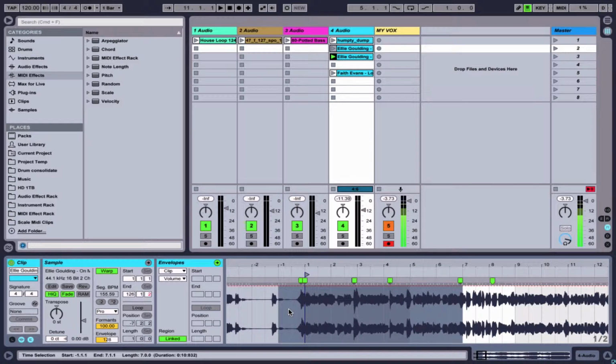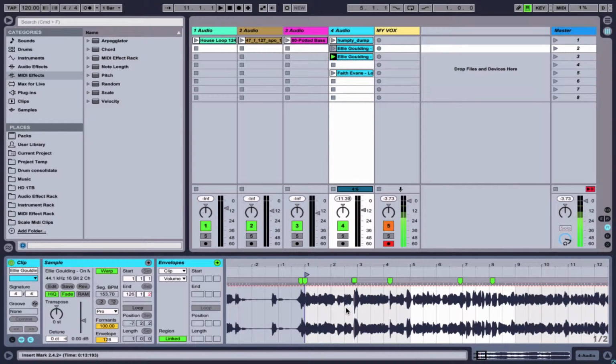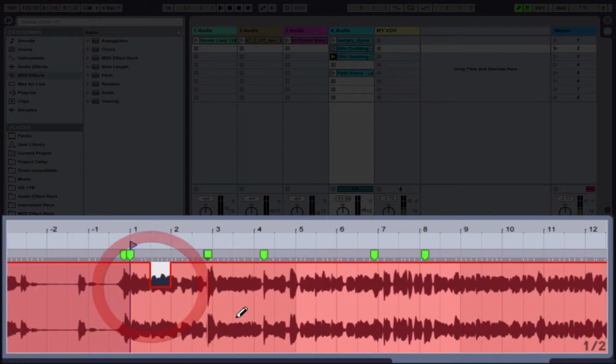One thing to understand is that when you have this envelopes box open, everything that you do inside of this window is editing the envelopes within that clip. So if I turn off this E, there's no dashed line, there's nothing for me to edit anymore. All right, so we'll keep that open. And the other thing is, if you want to add in automation, I can turn on my pencil tool and I can draw in automation,